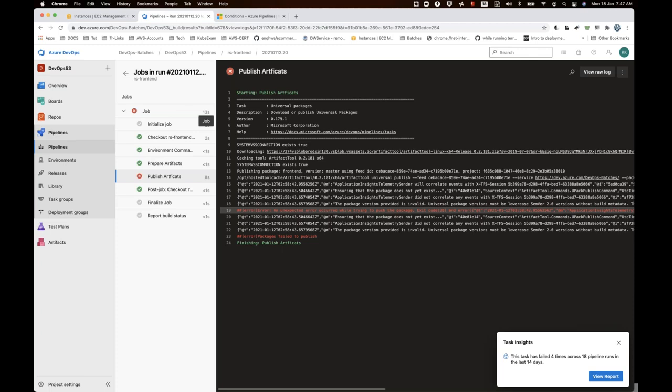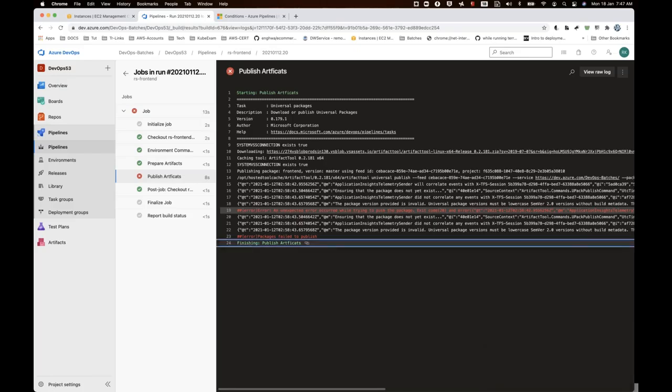Let me give you some context to what we were actually trying to do. Publishing an artifact every time is not necessarily needed in all organizations. So that's what I mentioned. Every time you commit the code, a CI pipeline runs and generates some artifact, but every time it need not have an artifact.